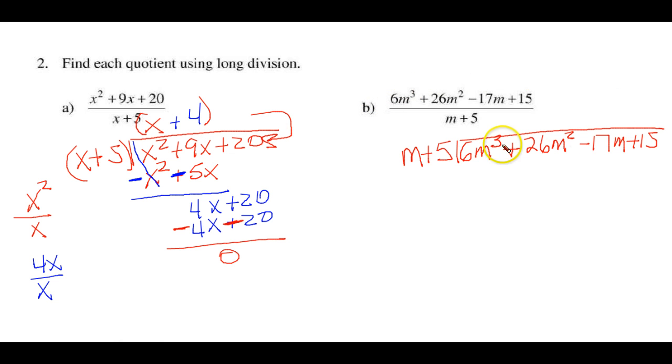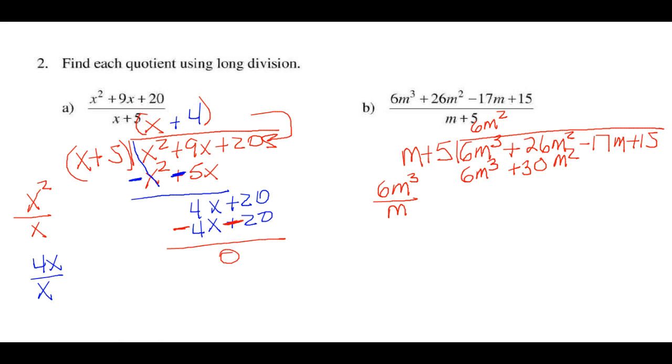Okay, this one's already set up. So we have here 6m to the third divided by this m. We're wondering how many times does m go into 6m to the third? And it goes 6m squared times. Because now m times 6m squared is 6m cubed. We then take this number and multiply it by that and get plus 30m